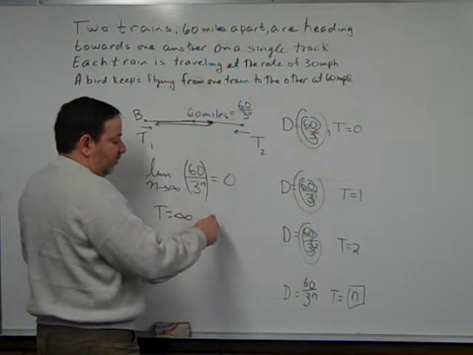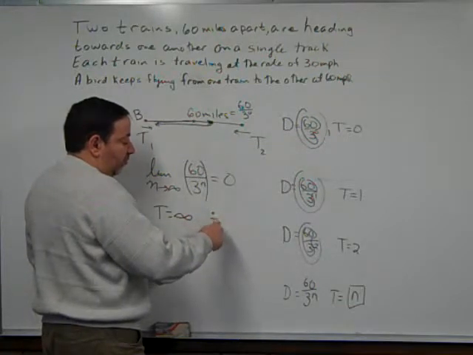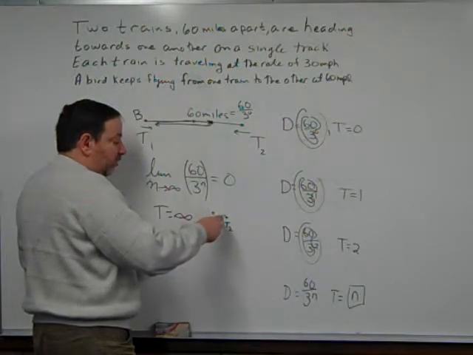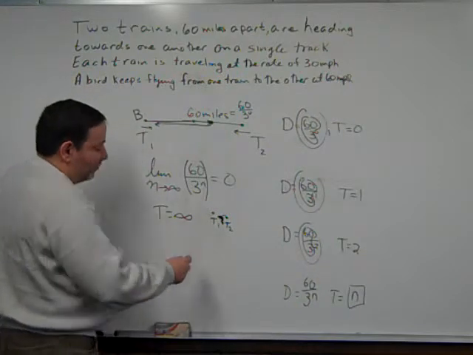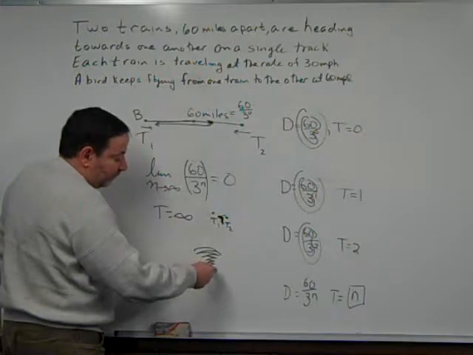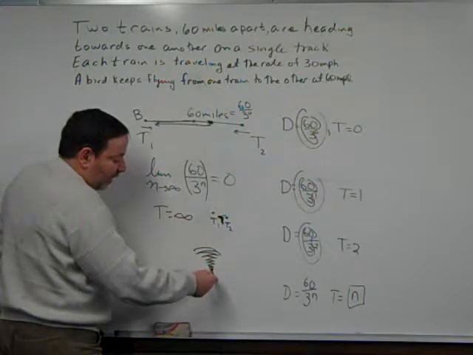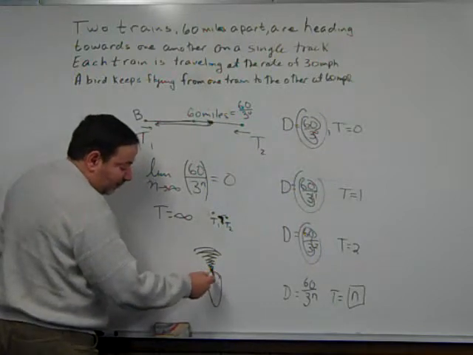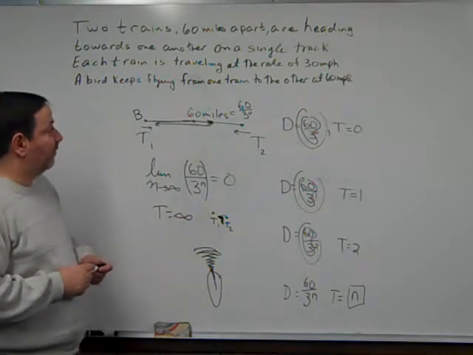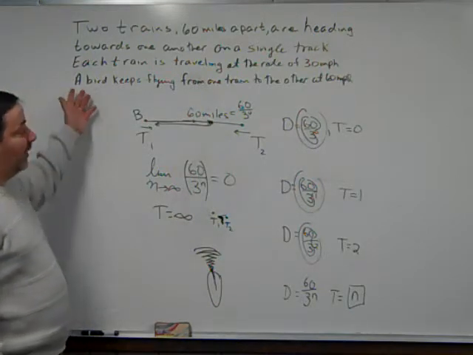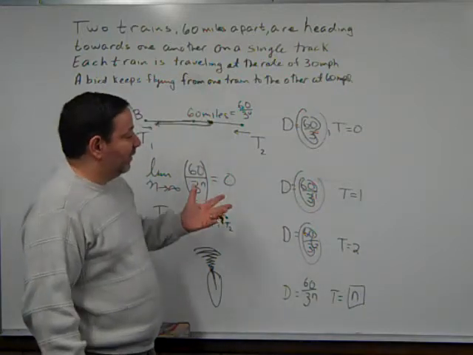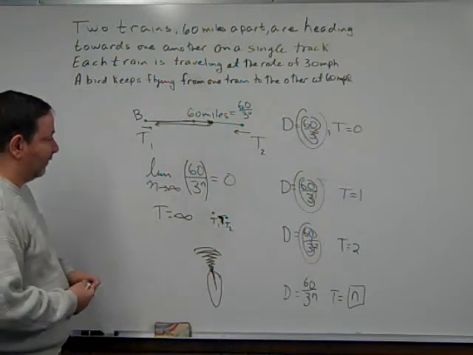When the two trains are really close to one another, the bird is going to be making a lot of trips. And down here, it's going to make an infinite number of trips. So here's a great physics problem. How many trips does the bird make? The answer is infinite. The reason is, what they're just asking you to do in this problem is they're saying,